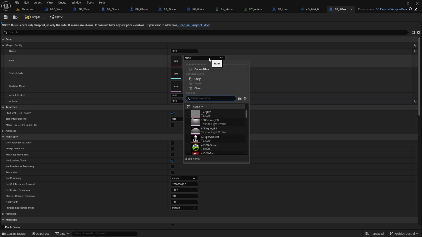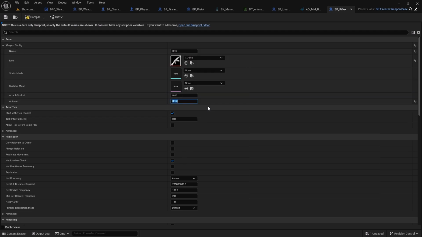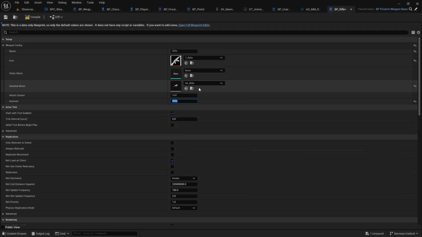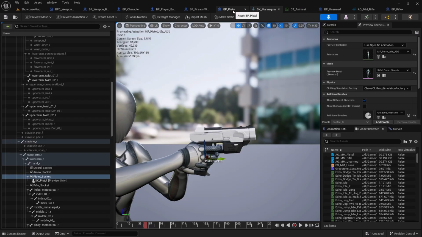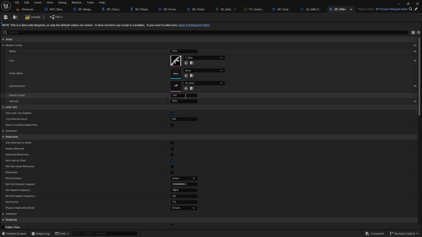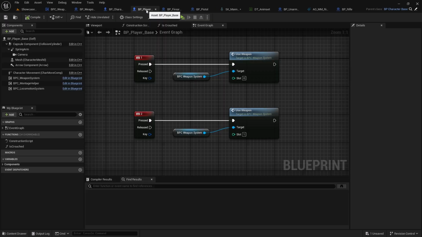And as the icon, we have T rifle, and for skeletal mesh we have a scale rifle, and as the attach socket I can use rifle socket. Compile and save,